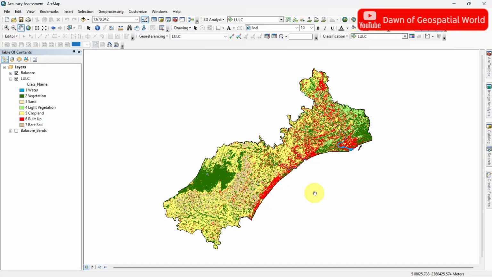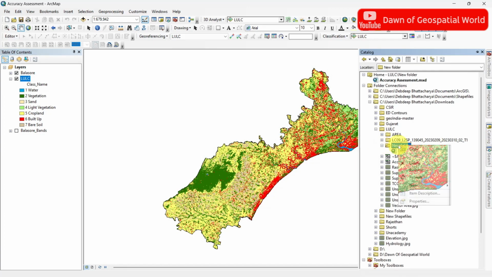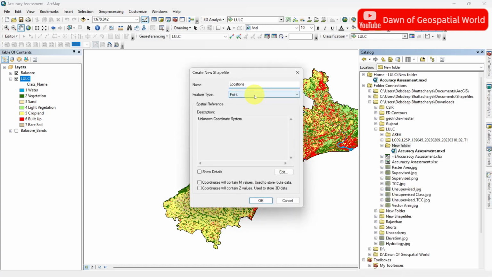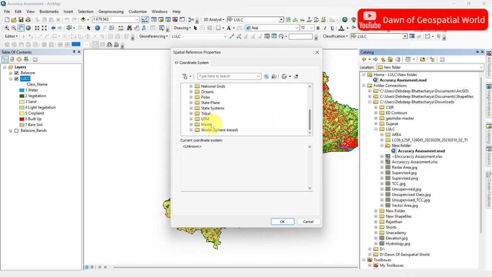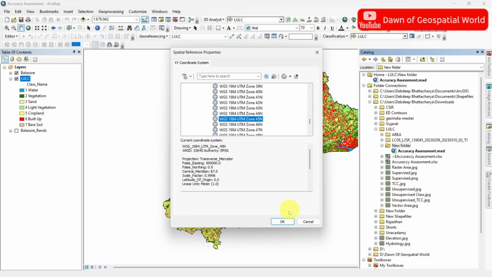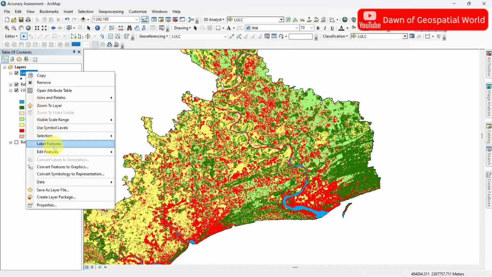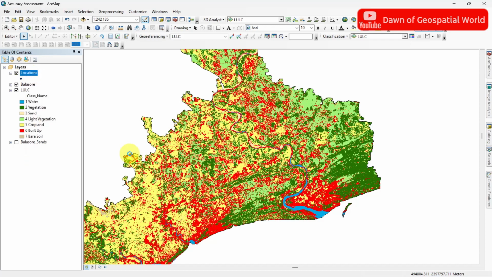You can see this is a supervised land use and land cover classification. Now create a new point shapefile in a folder. Coordinate system would be same as classified image. Start editing of that point shapefile.